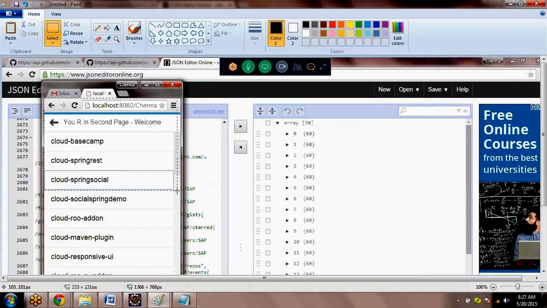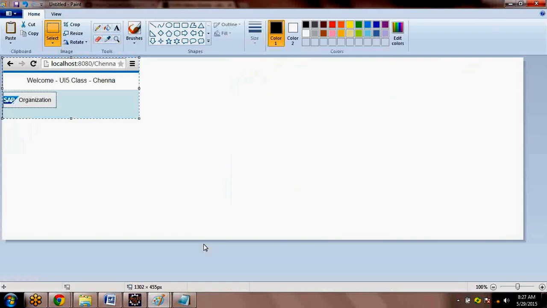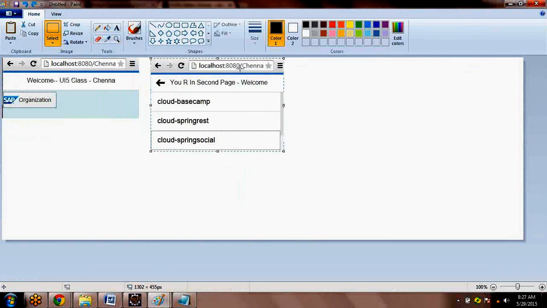These are the names coming from the second JSON. When I click on this, I'll go to this page. When I click on this, I'll come back to here. So here, what is the note?